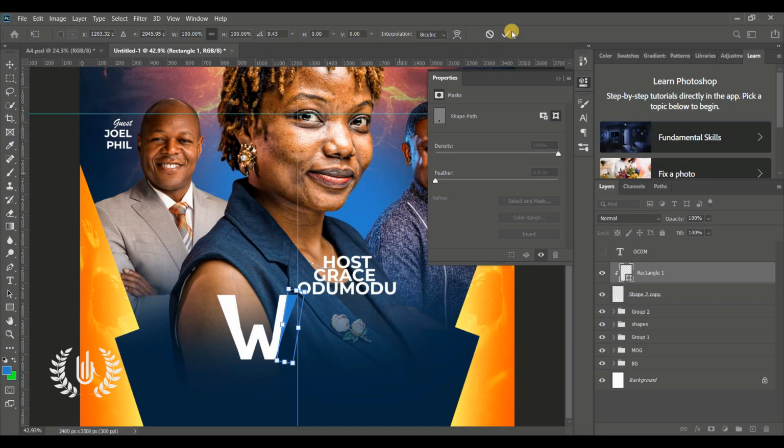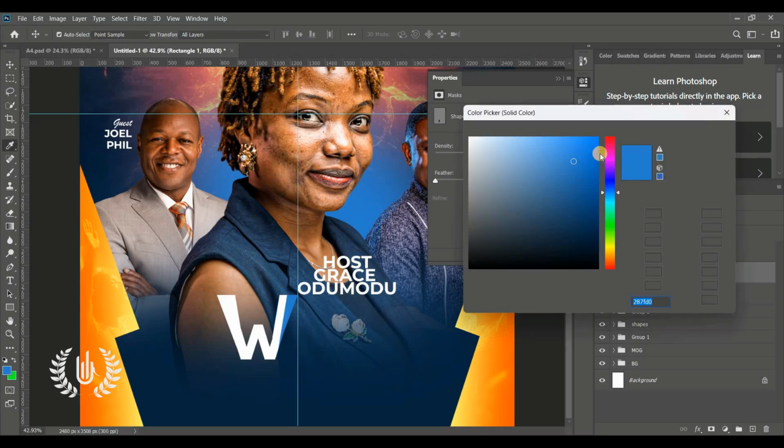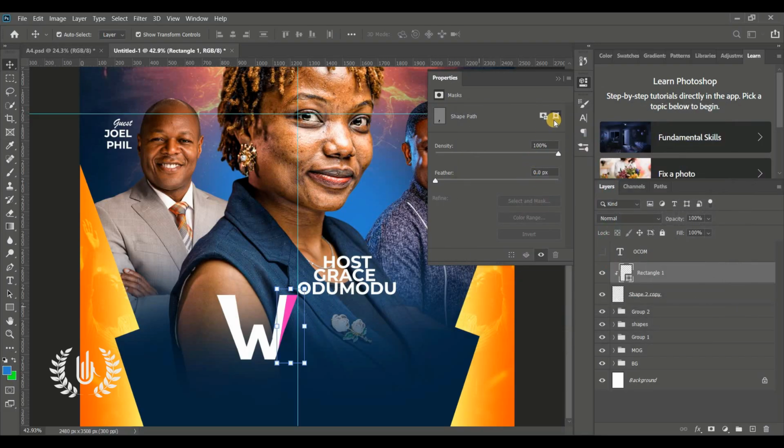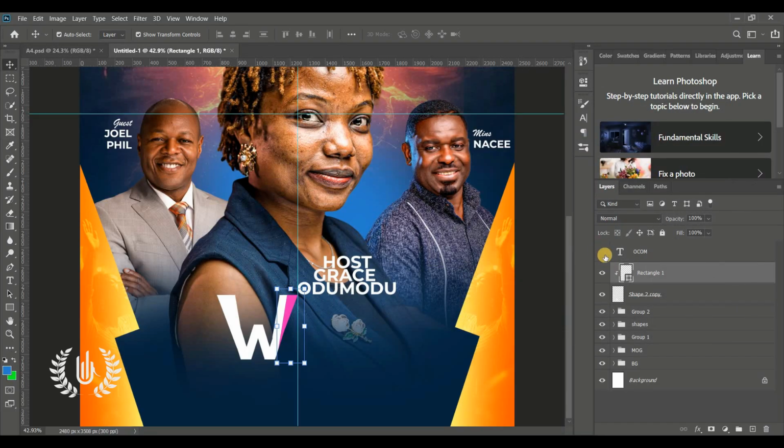So this is why I give it this nice pink-like color. So I'll just make sure I give it this color, and this is the color code I'm settling with, and we are good to go. You hit OK because we're actually done. So yeah, I'll bring back the eye of the Wacom and position it at the top right there,